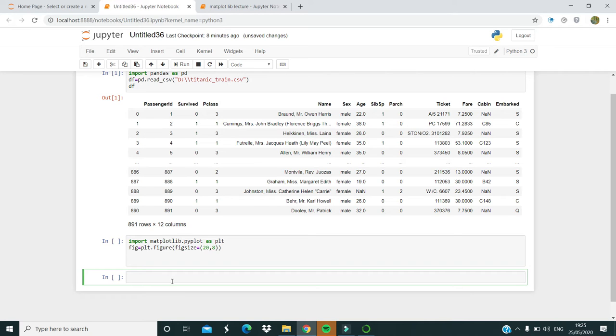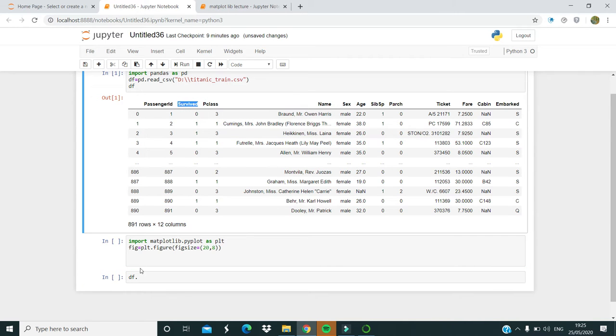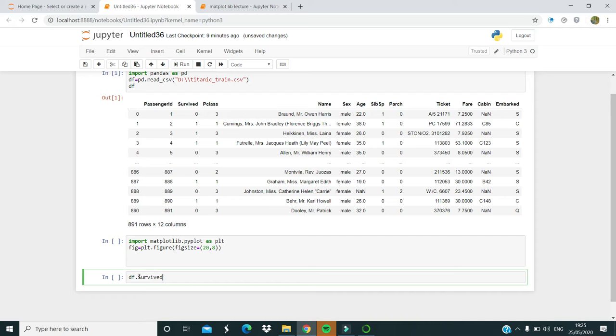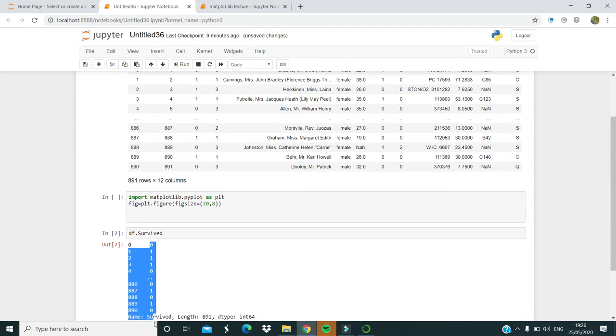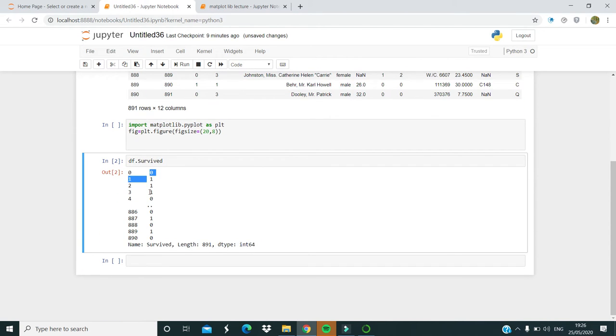So to access it, we have to go df.Survived. Just copy it because the spelling should be right. df.Survived. Now if I run it, we can see that it is returning all the details of the Survived column with the index. Obviously the index is written by default.